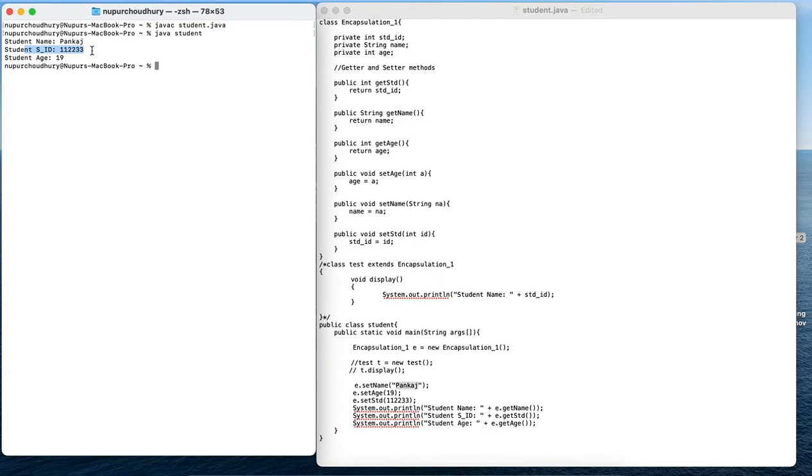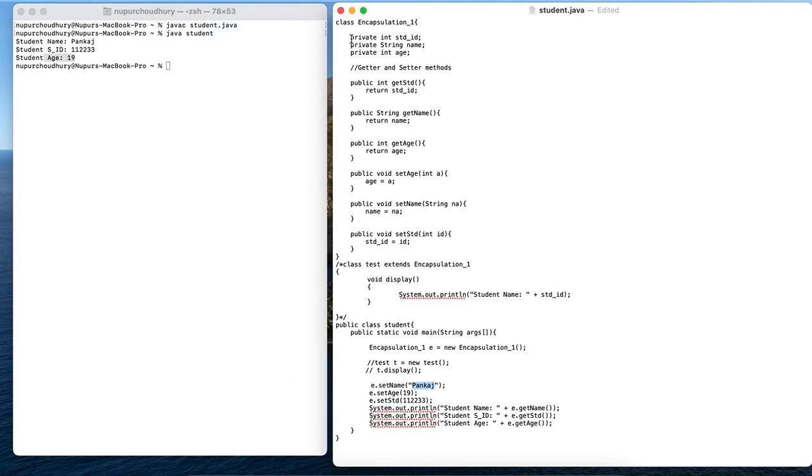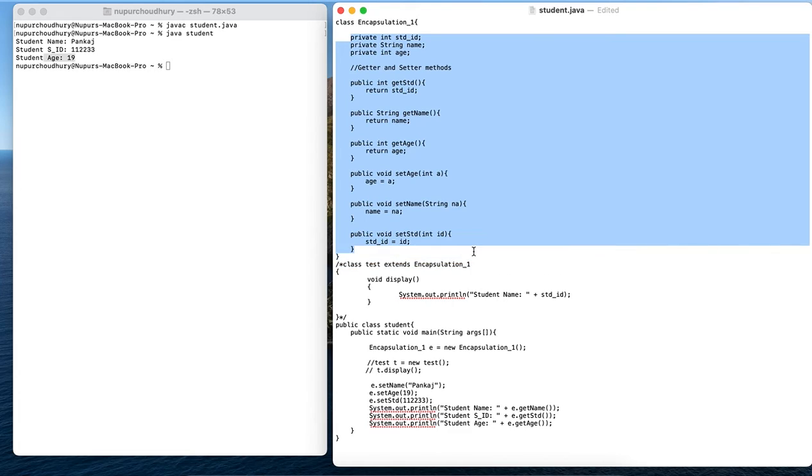Similarly, student ID is also passed from the main method, and likewise age is also passed from the main method, and it is returned by the getter method. This is how we make use of private variables or private data and modify it according to our needs.